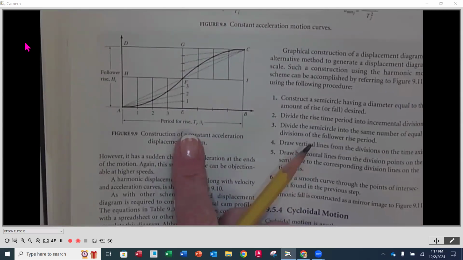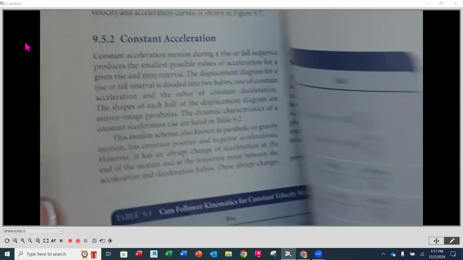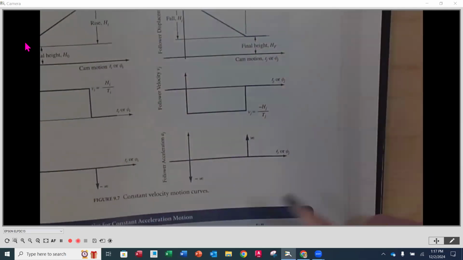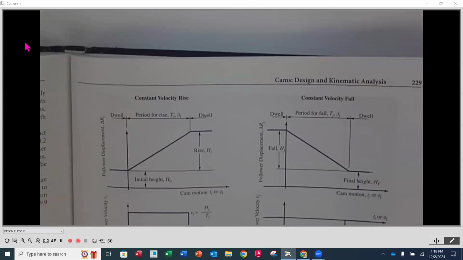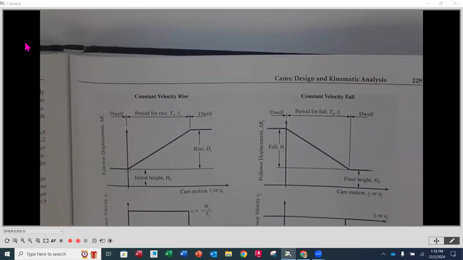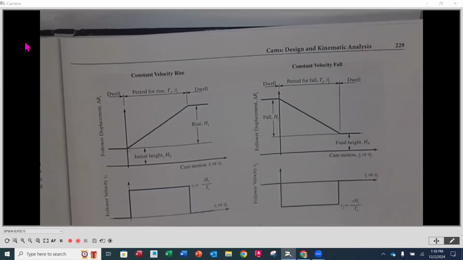Okay. And again, you won't have this as an assignment, but this is just a little bit different. And then the last one is the constant velocity, which, really, there's no construction. It's just going to be from 0 to whatever the endpoint is as a straight line. Like, that's all that it is. All right. So those are the four main types of